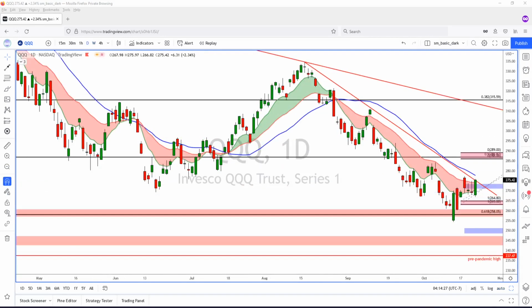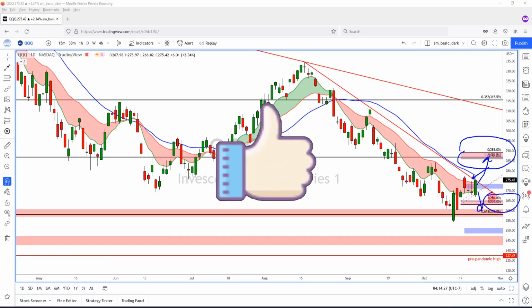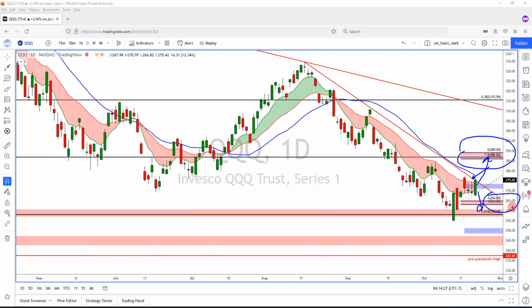So look at the QQQ on the daily time frame. As you can see, it is bumping up against this trend line here from last week. So right now we're essentially looking to see if it would get a follow-through and come up to this weekly upper range, which is between 289 and somewhere around 286. And also if it pulls back, then we look at the lower range of the expected move between 264.80 and